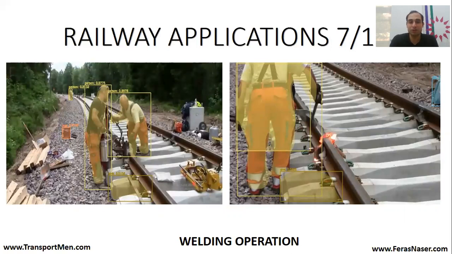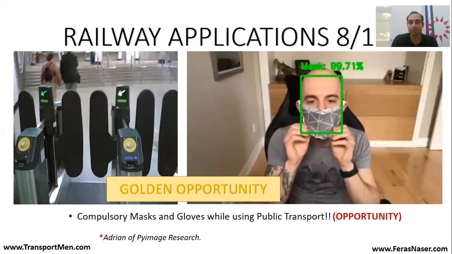Another example is these 2 welders, and I have talked about this example in the beginning. The model has detected 3 persons, then it detected a sleeper, and it has said that it's a sink. This is because the model is not trained to detect sleepers. So it thinks that the shape of these 2 sleepers looks like a sink, which to a certain extent it can be, but it's not within the railway context. This is why we need deep learning models that are trained on railway data.